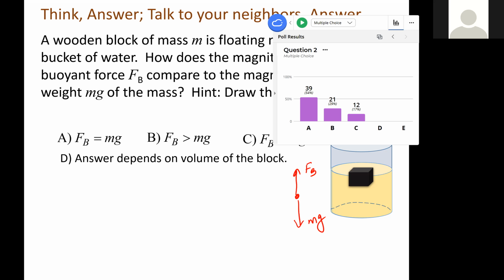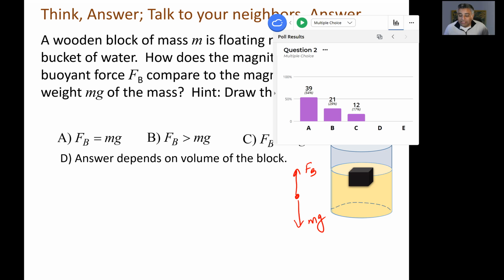I think A is the correct answer because if you draw the free body diagram, the buoyant force and the weight force are acting in opposite directions. If you set up up as the positive, the sum of the forces on the y is buoyant force minus weight force, and the sum of the forces is going to be 0 because there's no acceleration, so there's no net force. And we know there's no acceleration because it says it's motionless. Then you can just rearrange it and you get mg equals Fb. I don't know if that was confusing, but